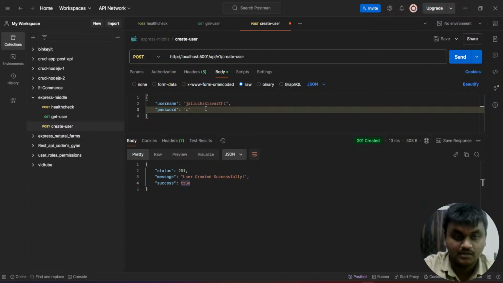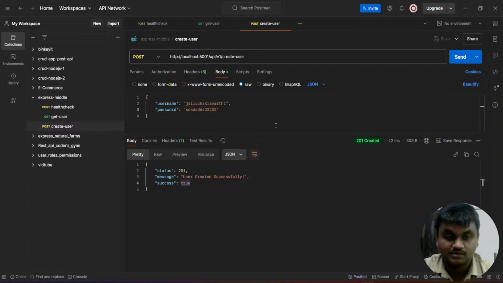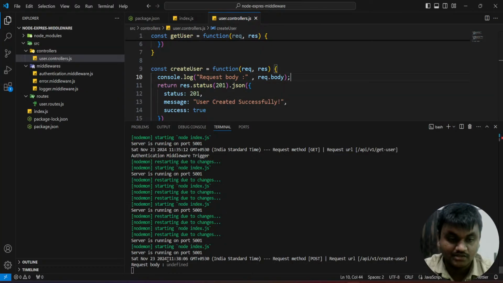Here I'm giving the dummy password. If I click on this send button, I get status code 201, user created successfully, success is true. Coming to my application itself, in the request body I get undefined, because to access the JSON fields